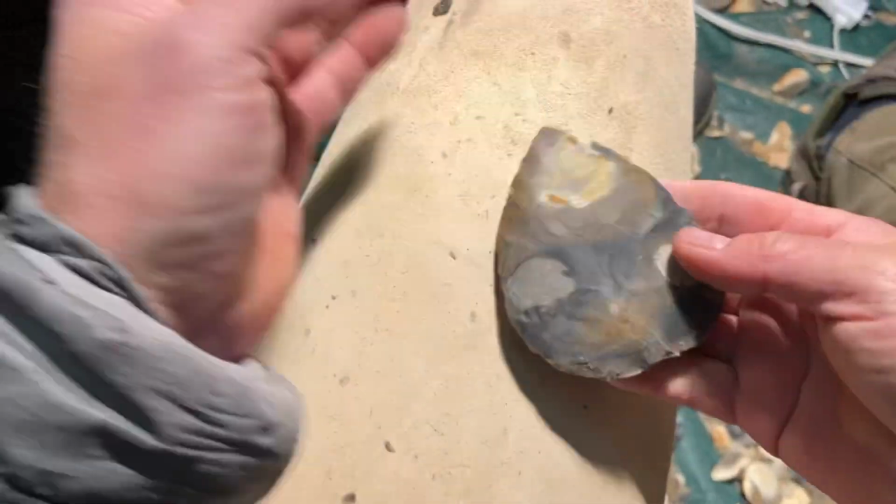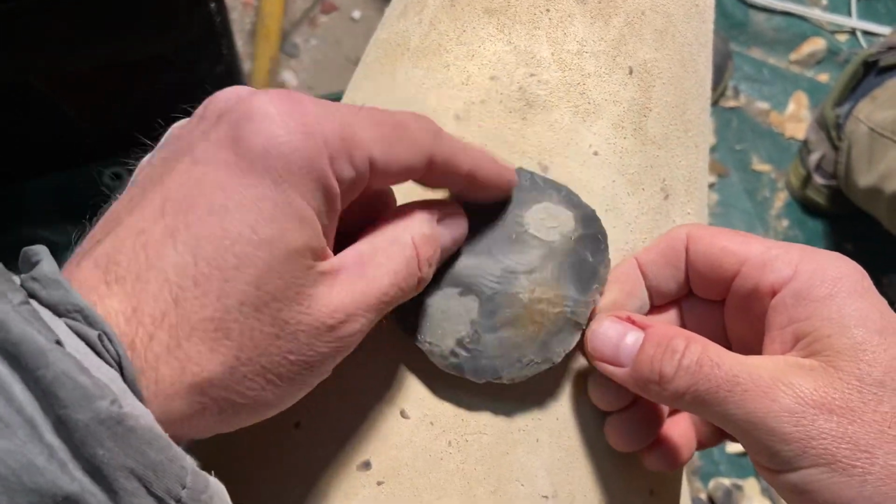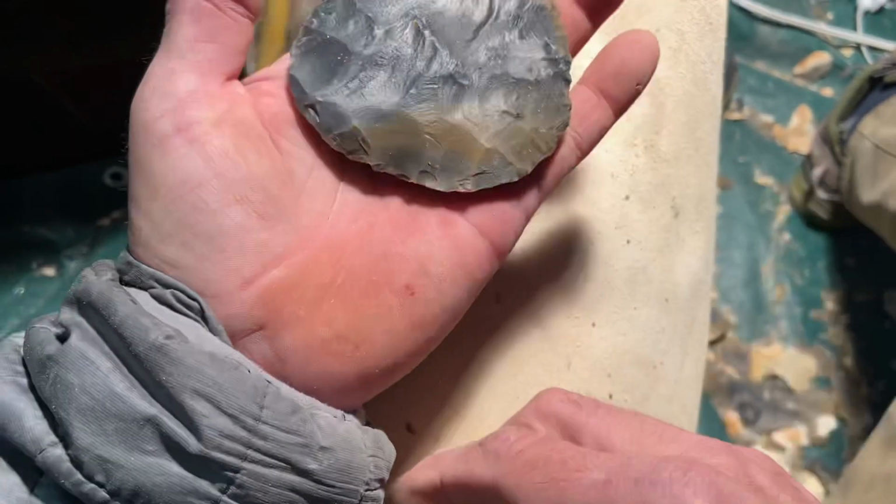A lot of the guys who lived far away from the hornstone probably worked a lot of blanks that were traded out just like this. Although this one probably wouldn't get put on a boat and sent anywhere because of the quality of it, but...